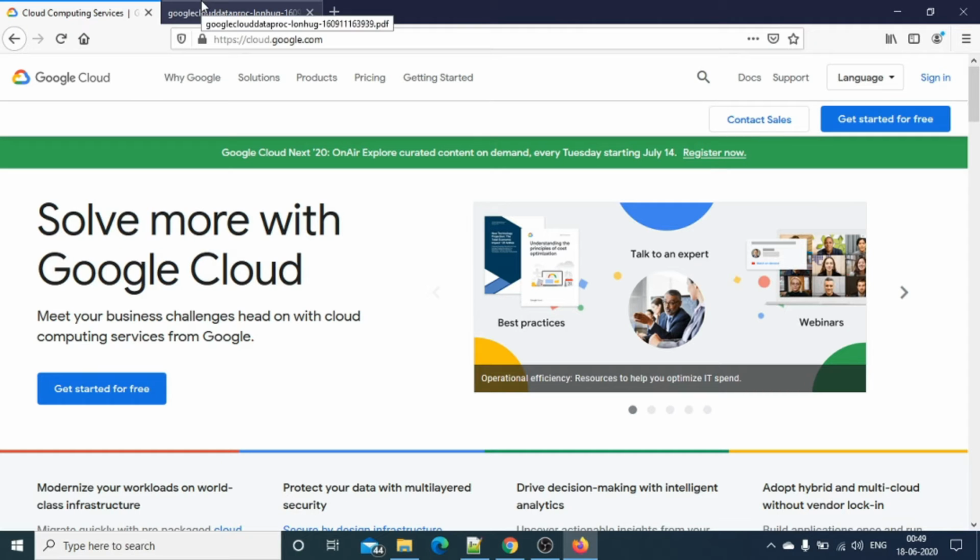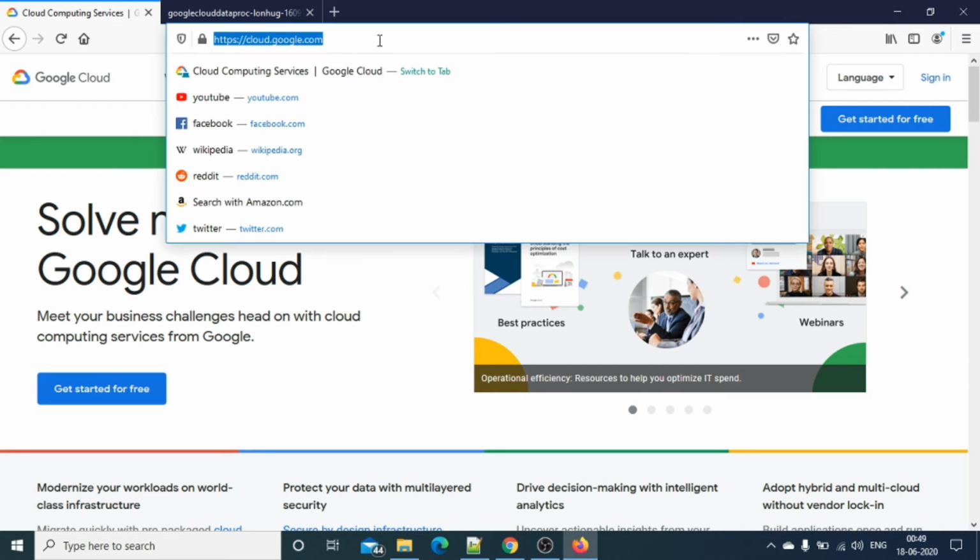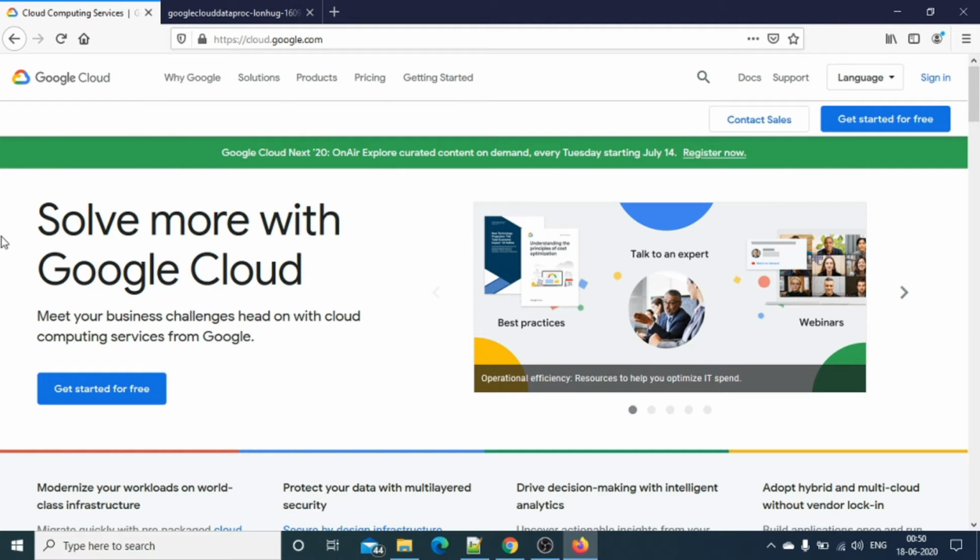So you can see, this is cloud platform, cloud.google.com. If you have an account already, you can log in and work on it. If you don't have an account, you will get a 1 year subscription which is absolutely free, and you will get around 22,000 INR, Indian rupees.